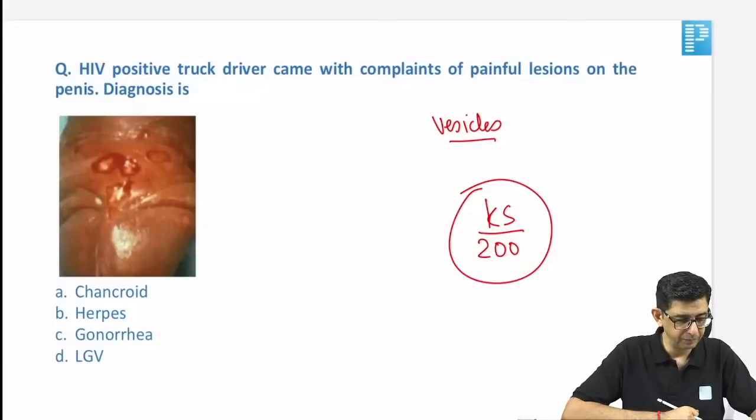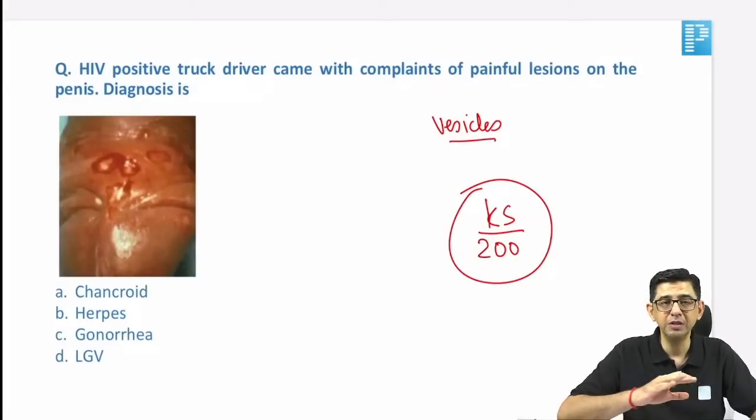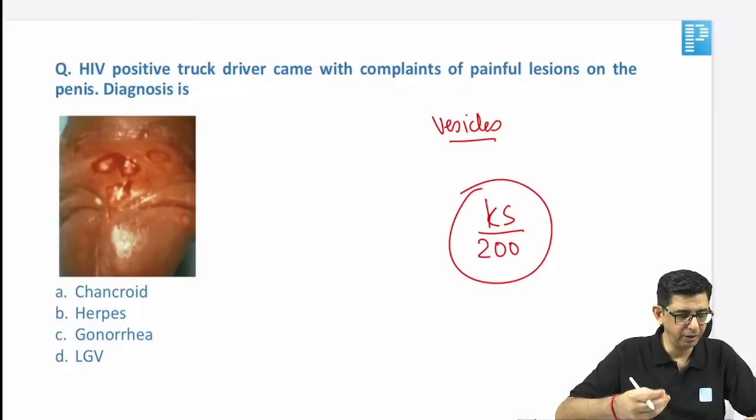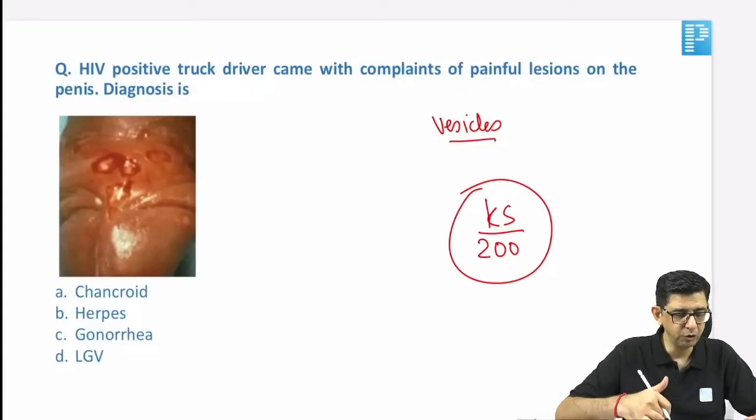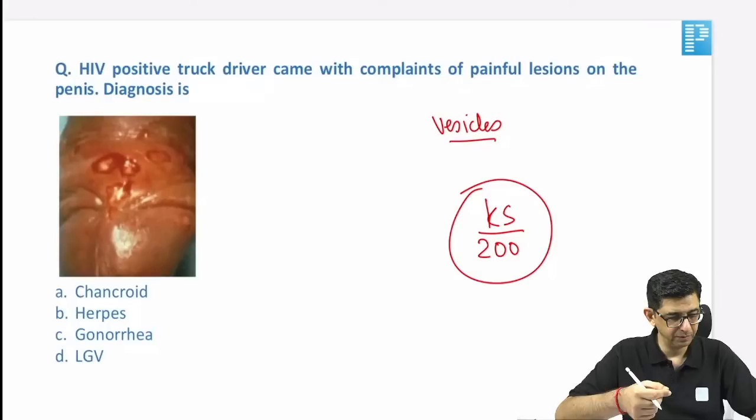First let me know, was it vesicles on the genitals or was it like ulcers on the genitals of the patient, something like a burn per se. So what I have shown is something like a burn, and that would make the diagnosis of this patient